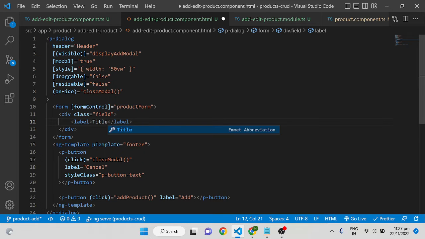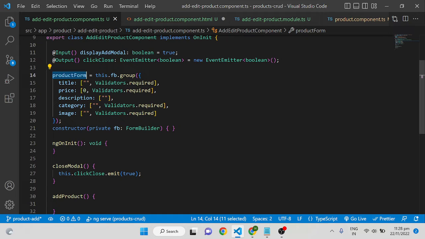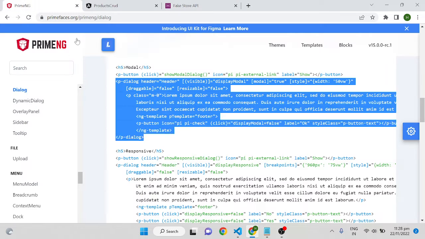I am giving a class of PrimeNG called block, so that title and input element will be on separate lines. So once this label has been created, all the fields, we have 5 fields. Here description is the text area, price is the input number, all other fields I am making as input text. So go to the PrimeNG,